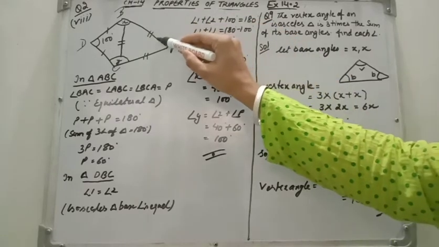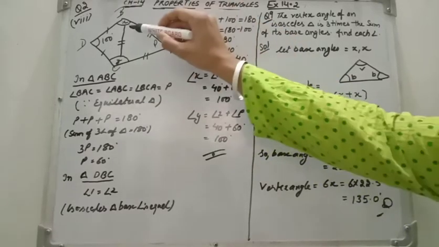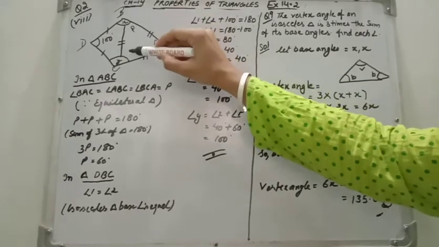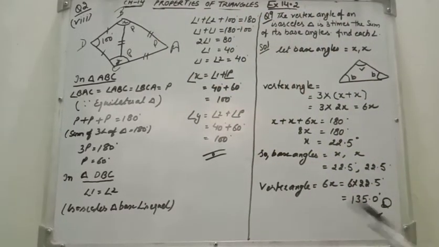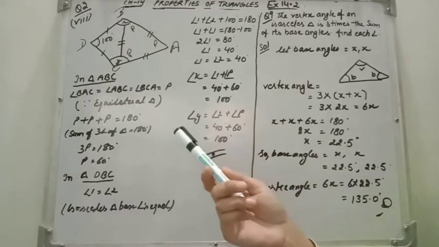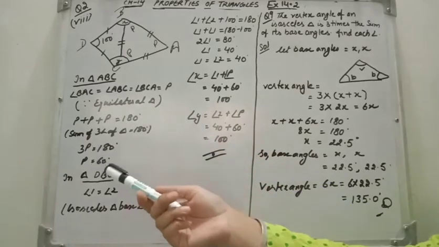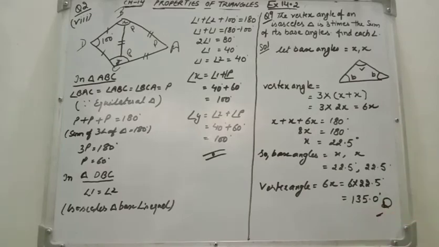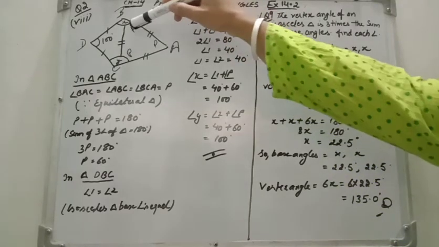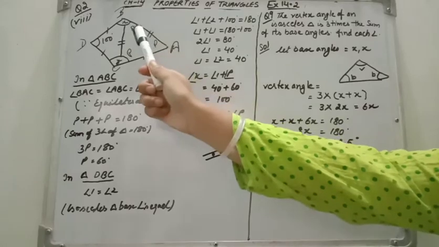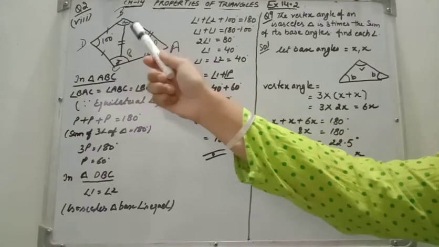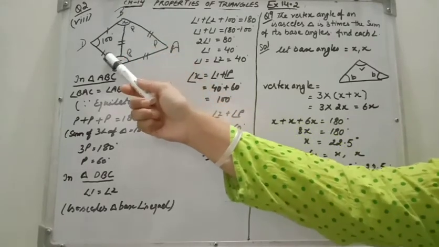So let us consider this is angle P, and this is also P, and this one also P. Okay, so we get P plus P plus P is equal to 180 degrees, so we get P is equal to 60 degrees. Okay, so this angle is 60, this one is 60, and this one is also 60, but we have to find out X and Y. X and Y is a combination of this angle and this angle, the sum of these two angles.